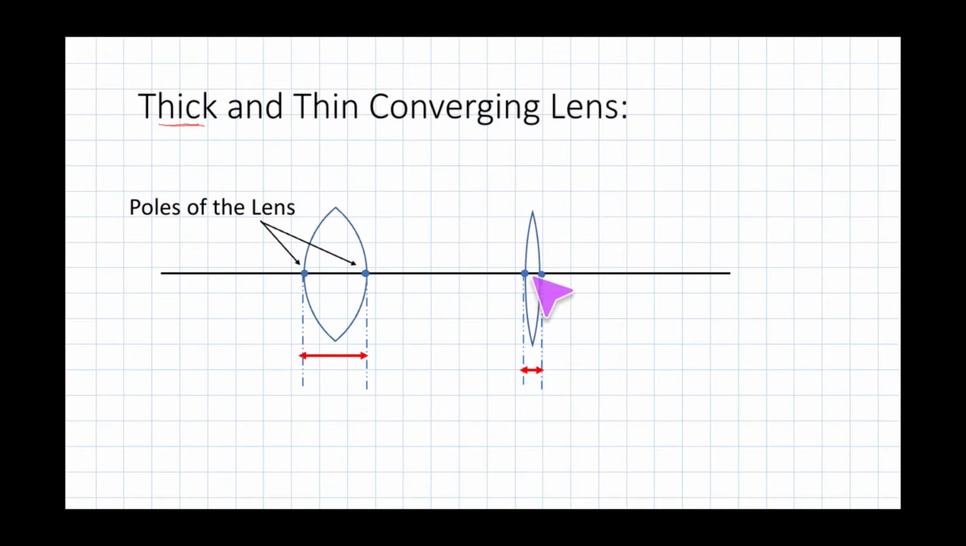And this is a thin lens. Comparatively, as compared to this, the distance is very, very small. So that is called a thin lens. That is one important thing. Now the problem is, while studying the equations and solving the problems, see, whenever a light ray